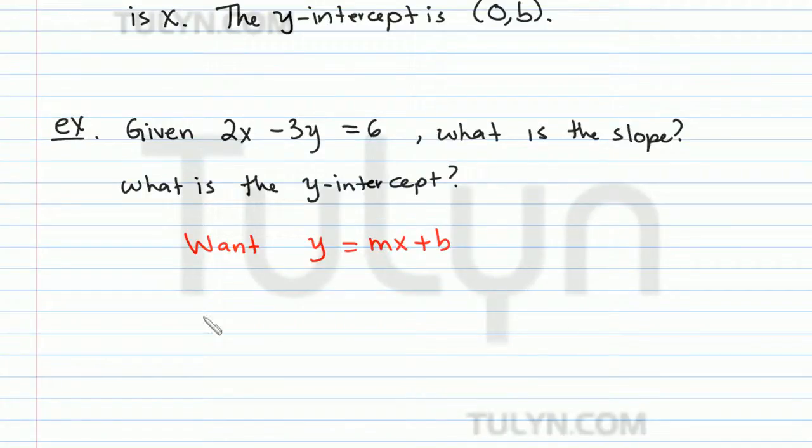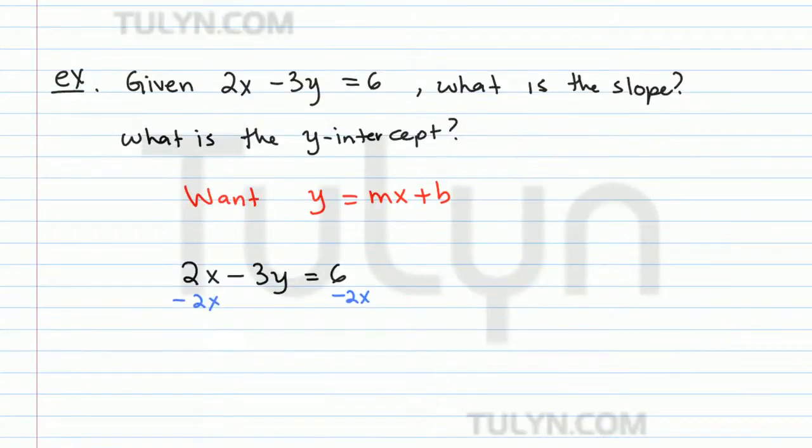So let's rewrite the equation over. Let's start by subtracting 2x from each side. So this becomes minus 3y is equal to minus 2x plus 6. Right? And we want it to be y is equal to mx plus b, so we want this y to be alone. So let's divide both sides of the equation by